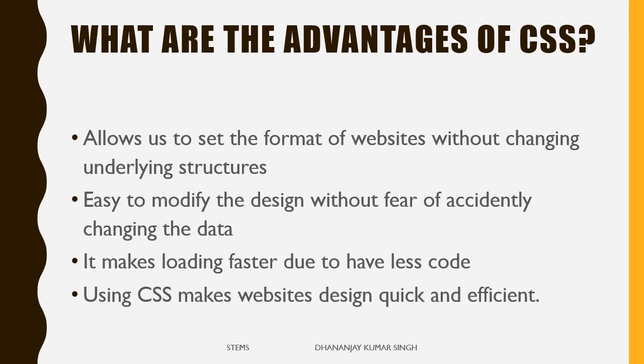Suppose there are changes at 100 places, so we have to go to 100 places. If there are changes at 1000 places, so we have to go to thousands of different places, so there will be more complexity. But here the code is written at one place, so go there and change it. So modifications are easy and there is no chance of accidentally removing some other data.